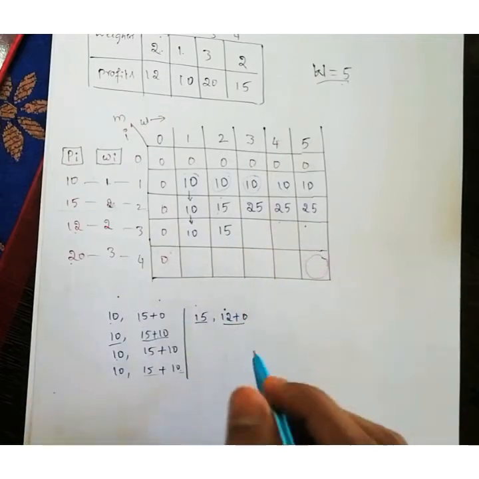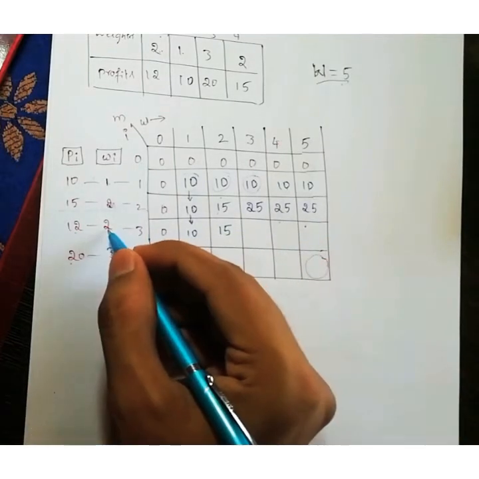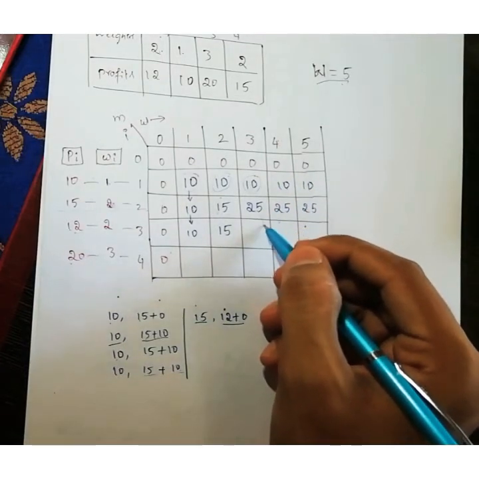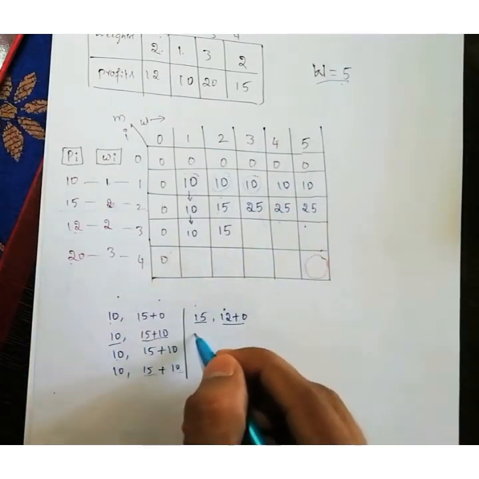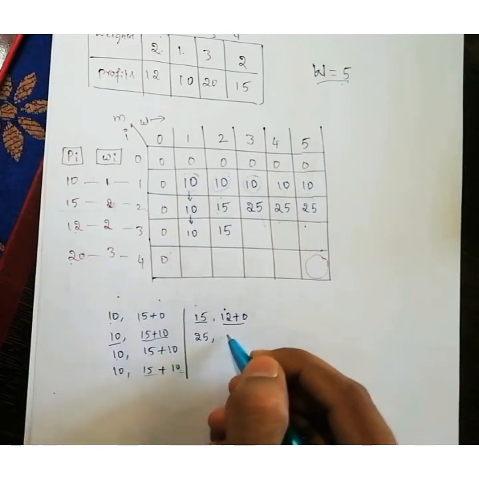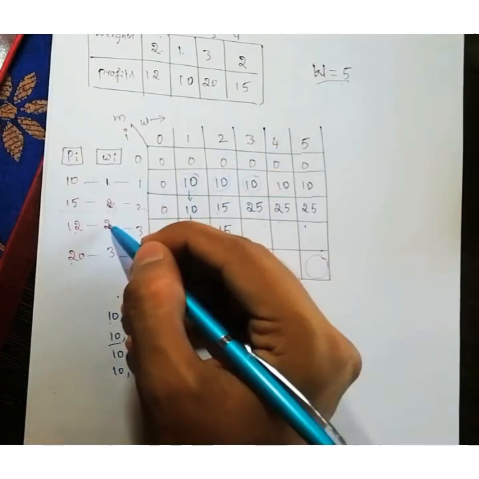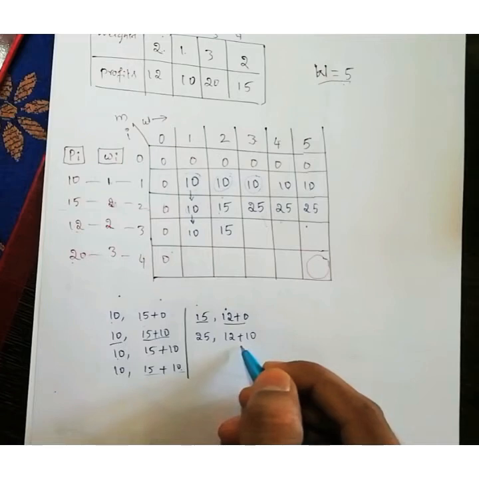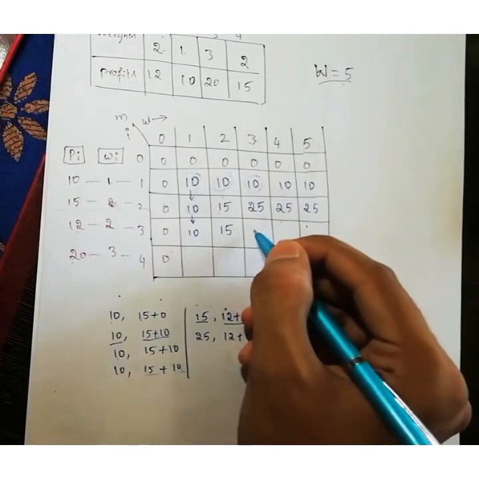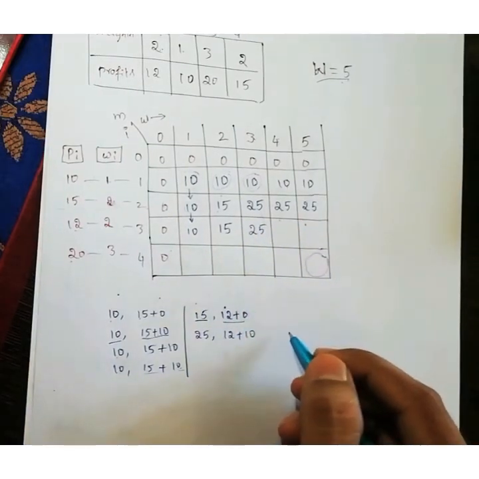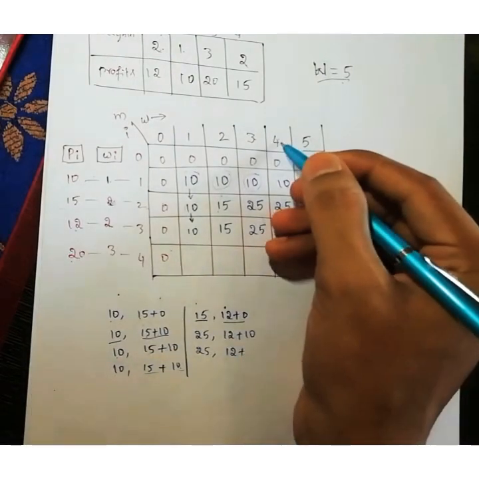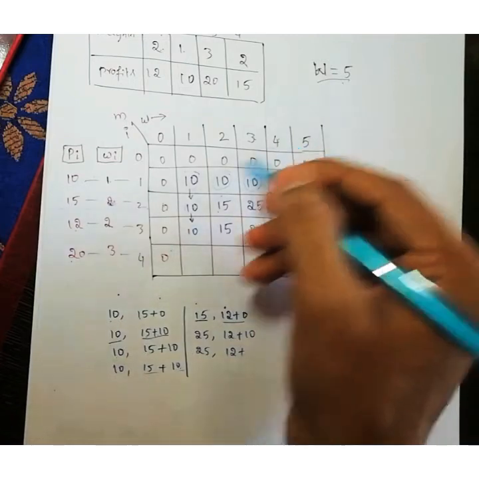So just fill that table like this. Next, so 2 kg items I can insert in 3 kg bag, yes, but which one is the maximum, either 25 or the updated one? So previous row value is 25, plus the profit is 12 plus 3 minus 2, that is first column of the previous row, that is 10. So 12 plus 10, 22. 22 or 25, which one is maximum? 25.